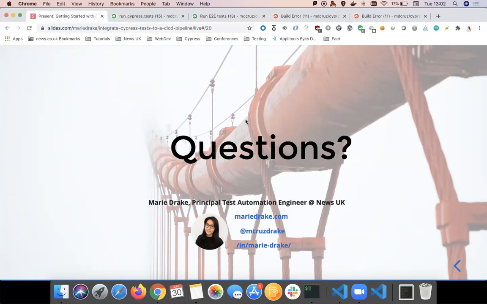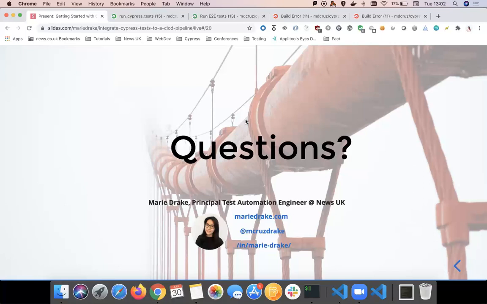So, for example, in our case, we found that Cypress has a really great developer experience because we wanted to move to a model where the developers help us as well in writing the tests, not just the unit tests that they do, but also other tests like visual, accessibility, and the functional tests. And personally, I found that if you provide a tool that is much easier to use for everyone, you get a lot more buy-in. But that's why we opted for other tools as well, like Applitools, so we can do cross-browser. But